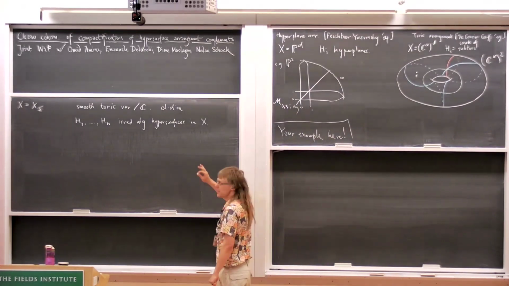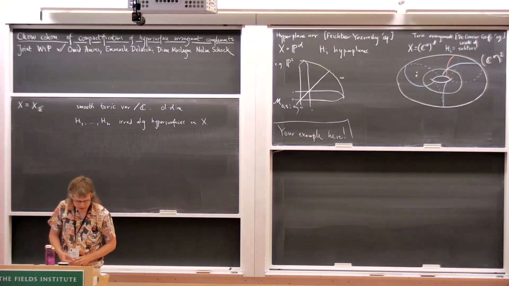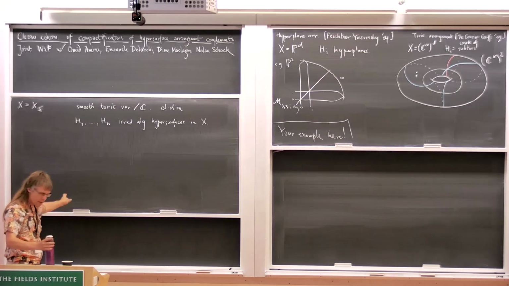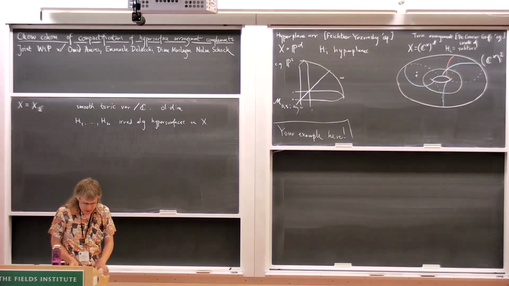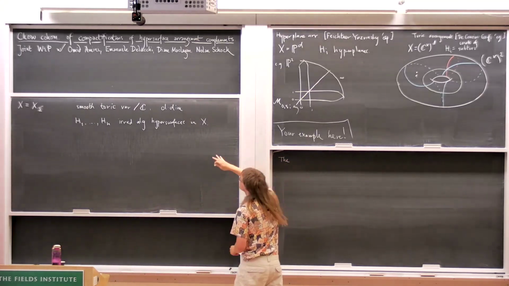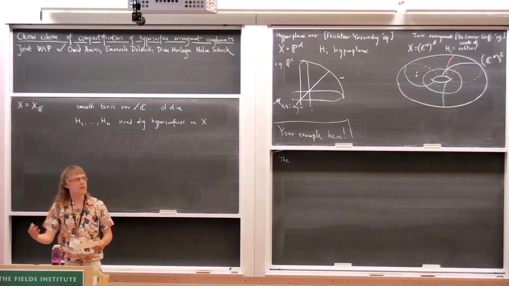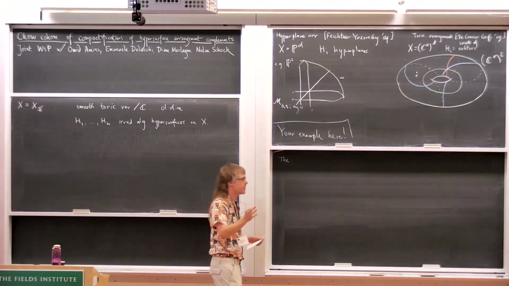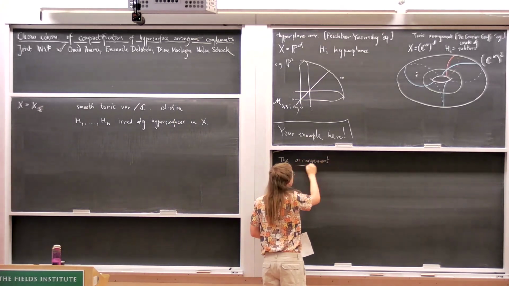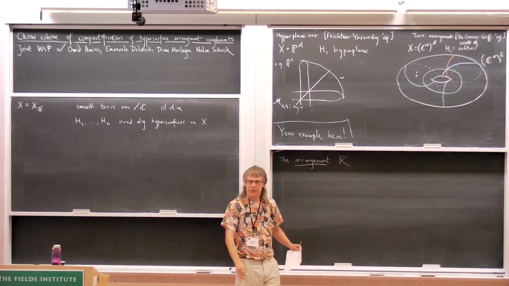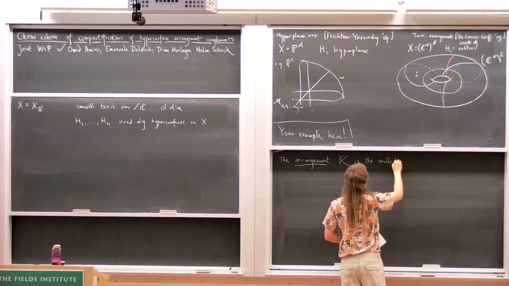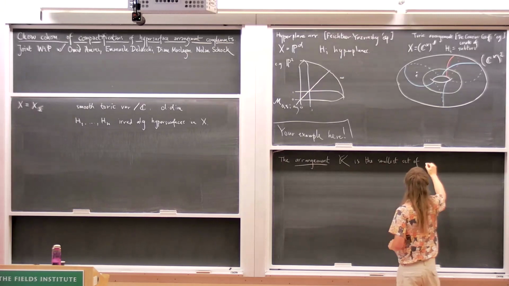Well, we need some kind of condition that says that the way my hypersurfaces intersect is going to be geometrically nice. So how do I want to do this? All right, let's say that the hypersurfaces are going to define something called the arrangement. So the arrangement won't just be the hypersurfaces, it will be something defined from the hypersurfaces. So let's say that the arrangement, thank you, Katzpar, which I will call script K, will be the smallest set of closed subschemes of X